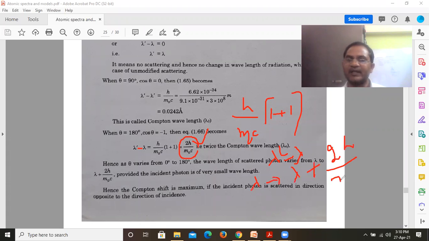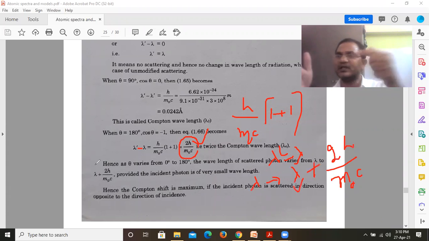When there is no scattering, when theta equals 0, lambda dash equals lambda. When theta equals 180 degrees, what does that mean? Here initially the photon is moving along the positive x-axis. After the collision, it